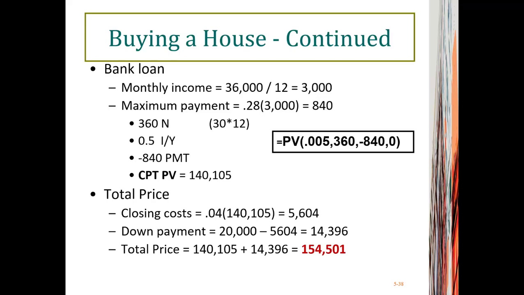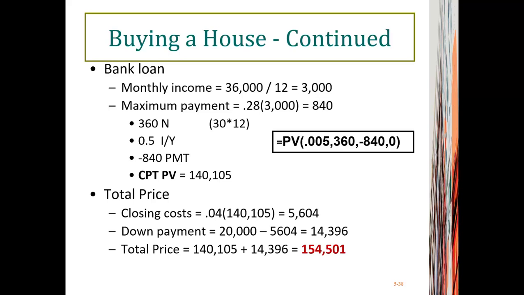140,105. That is the amount of money that the bank is willing to loan to you, and you also need to pay closing costs on the amount of the loan, which equals $5,604, and your down payment should include those closing costs, and the net down payment is $14,396. So the total price that you can afford for this house should be your down payment plus the loan value. Right, $140,000 for the loan and $14,000 something for your down payment, and the total price should be